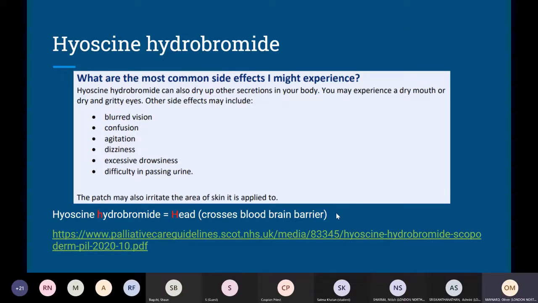And this is a real example of why palliative medicine is very patient-focused, and you have to treat your patient as an individual, because this patient had specifically stated that they wanted to be alert and try not to be as drowsy and not be sedated. However, other patients might find that they're having lots of anxiety and they might prefer to be a bit sedated. So your choice of anticholinergic will come down to the side effect profile. And that's what we find in lots of palliative care drugs, that one is not necessarily better than the other. It's very situation dependent.